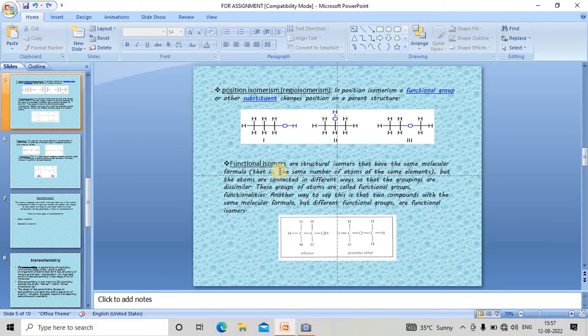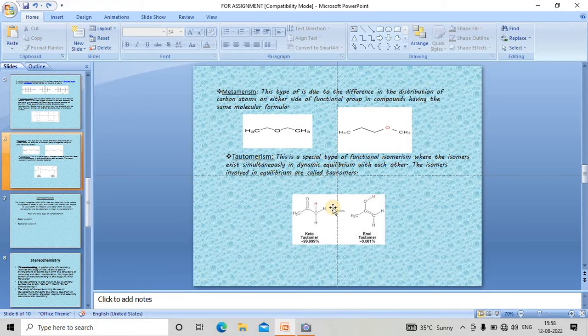So what are these functional isomers? Functional isomers are those in which we have different compounds under the same molecular formula but differing in the nature or type of the functional group. Then we have